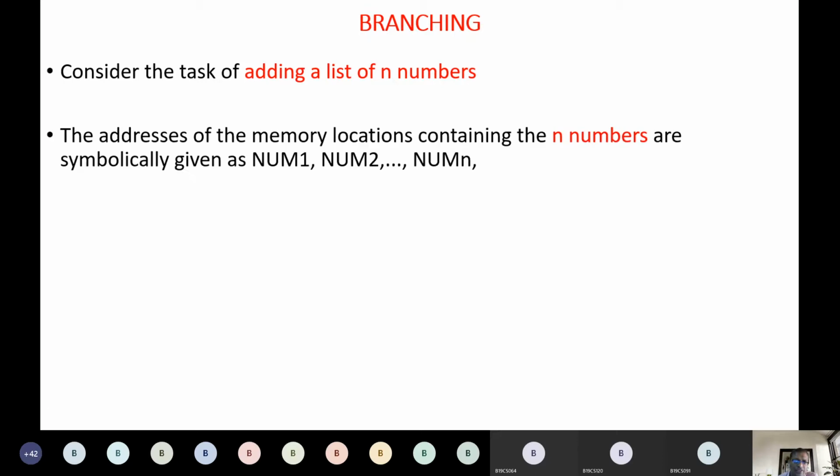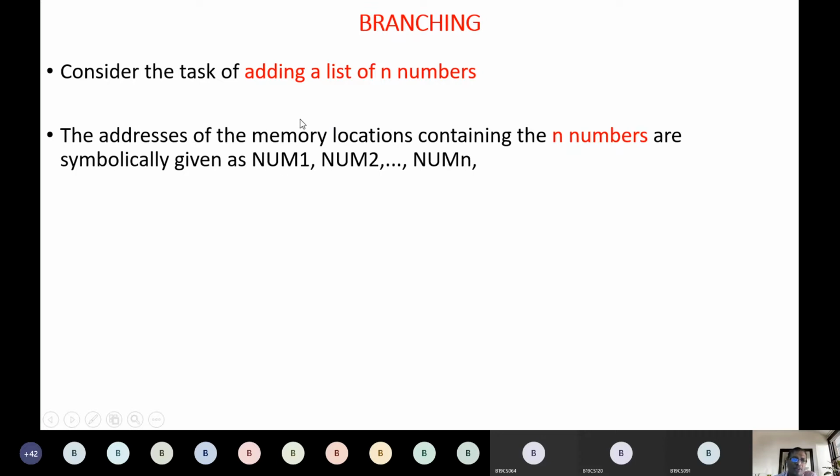So how do I add these? First, the 7 numbers I will store in 7 variables. Num1 contains the first value 10, num2 contains the value 20, num3 contains 30, and the last one, num7, contains 70. We already know that when we store something in a variable, for example 10 in num1, it means the 10 is stored in main memory, that is primary memory, or we can say RAM, at a particular address referred by num1.